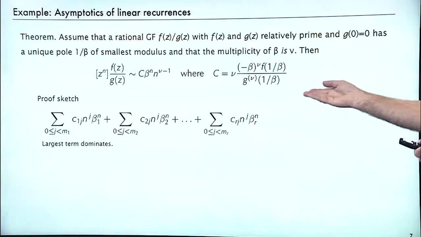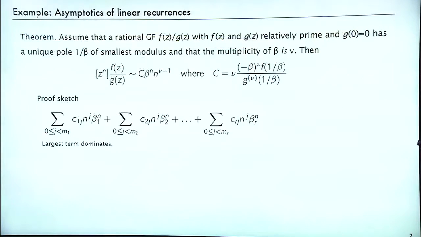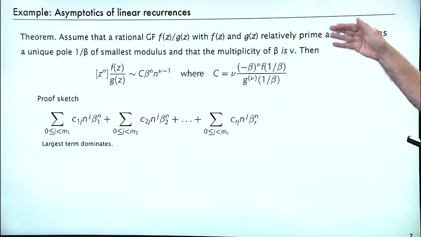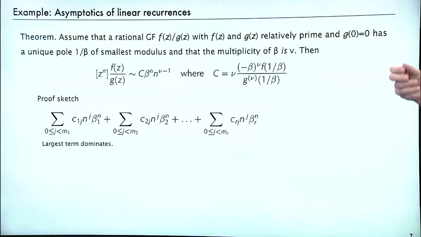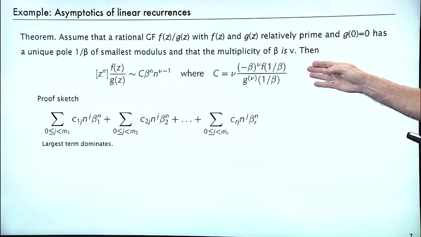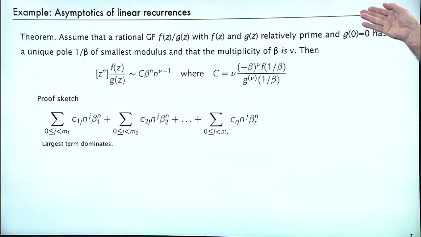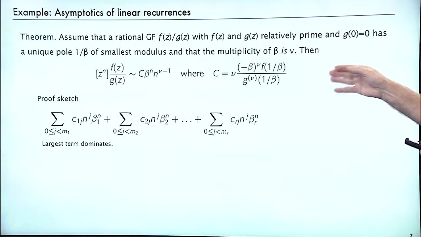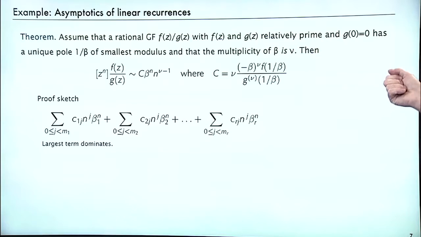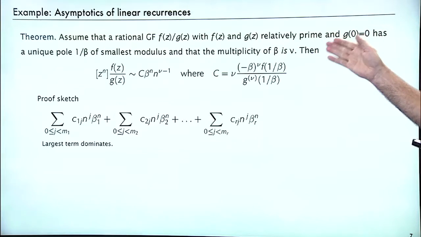In lecture 2, I gave this detailed theorem that showed that the coefficient of z to the n in that ratio has a term corresponding to each 0 of g of z, according to its multiplicity. And with asymptotics, we can not worry about all the smaller terms in that sum and just pick out the largest one,